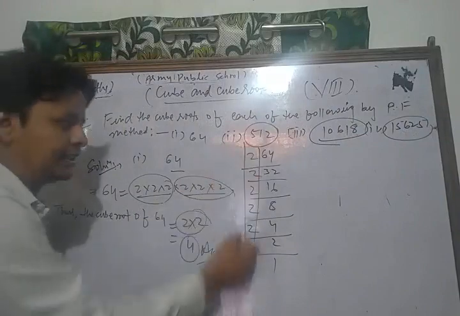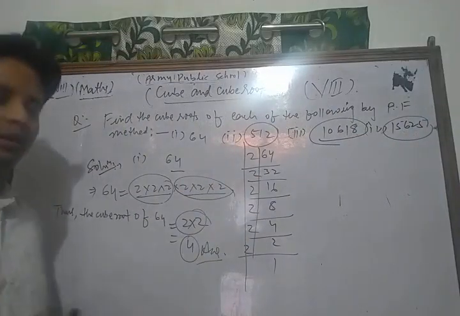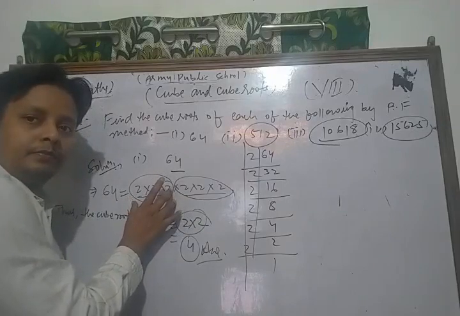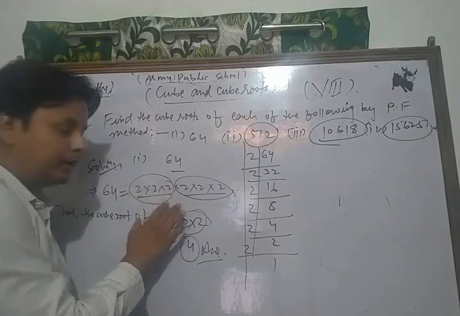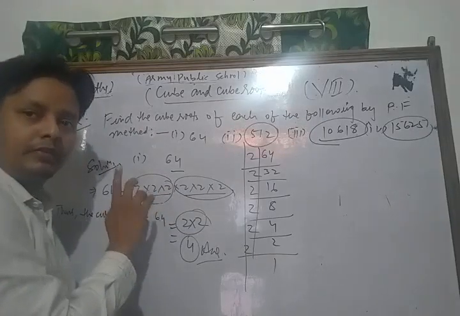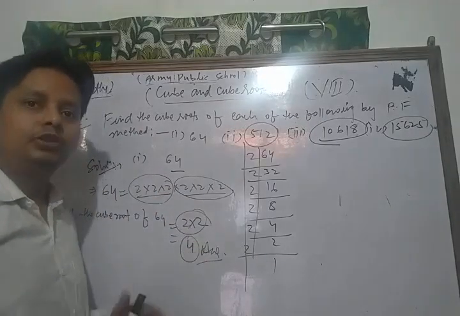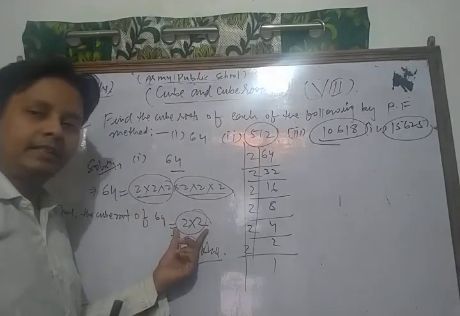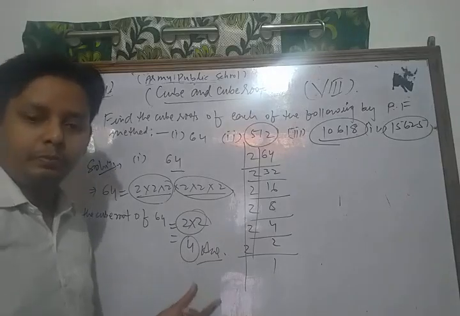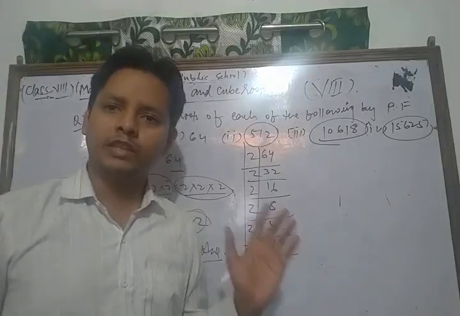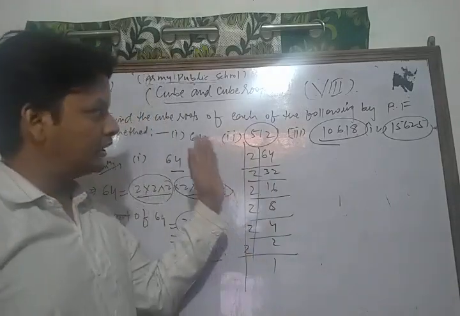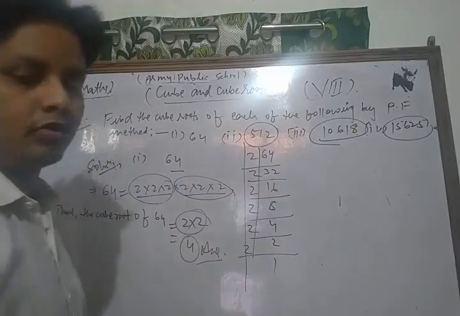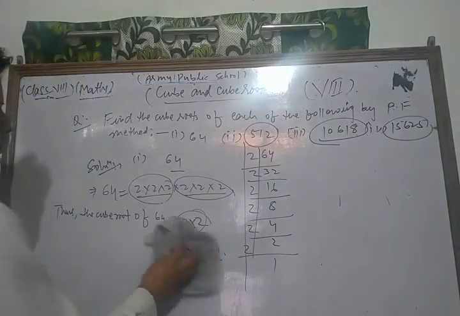And after factorizing each of the given numbers, first of all you form the grouping of the factors in triplets of equal factors, and you take one from each of the factor triplets and multiply them, you get your result. So in this way you can solve that type of questions. You can solve each part of the given question with the help of that method. Now we take and solve some other important question based on that topic.